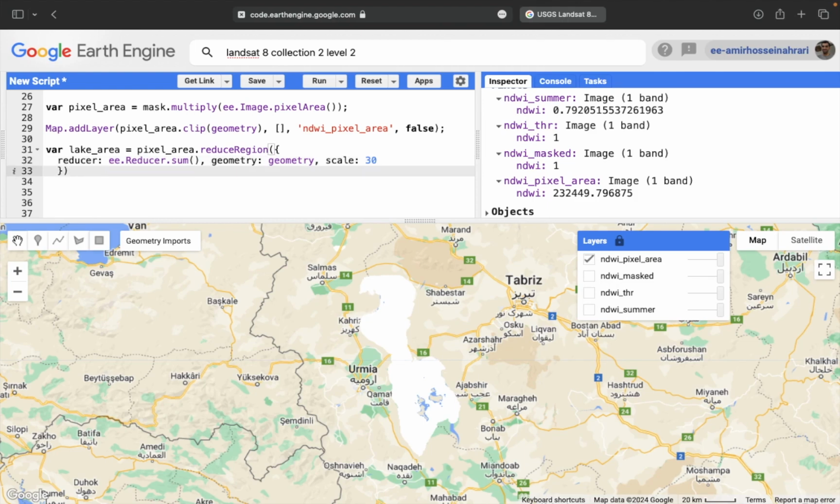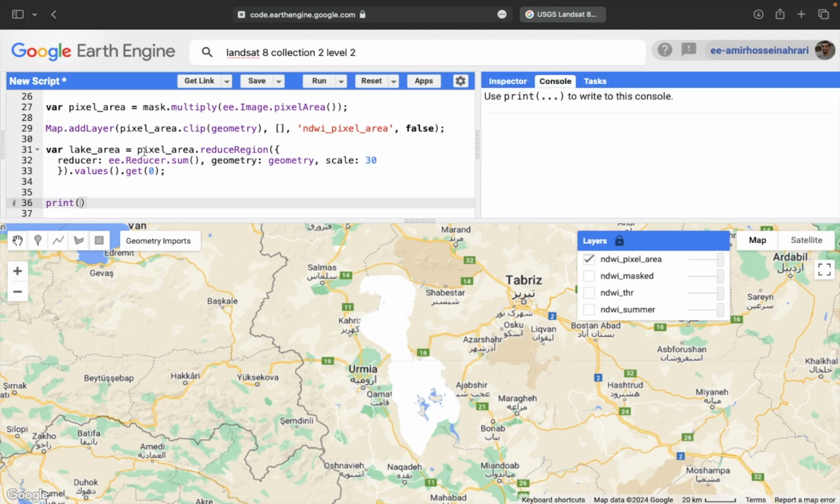So this is it, and from that we want to select the values from the first band and show the final result in the right panel, or in the console part. We need to print the final results. The final result will be lake area. Then